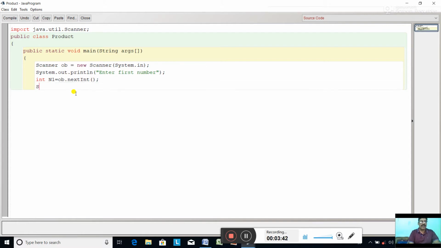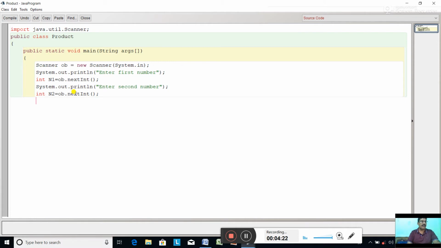In the same way, type the next message: System.out.println, Enter second number, semicolon. int n2 equal to ob.nextInt(). So this is the second number.